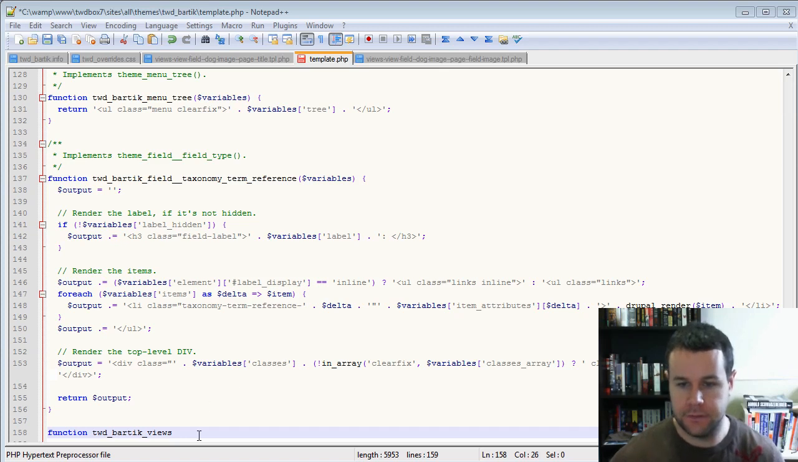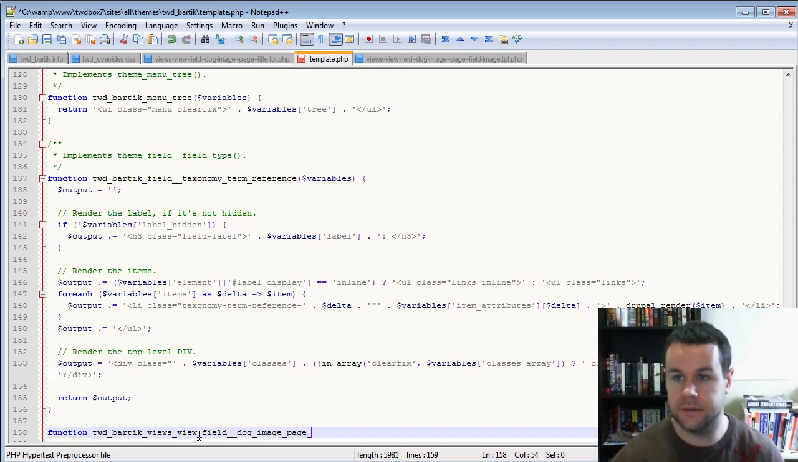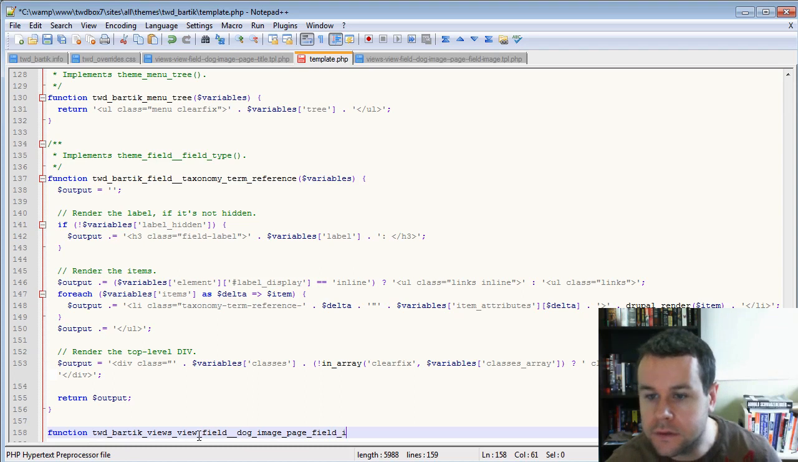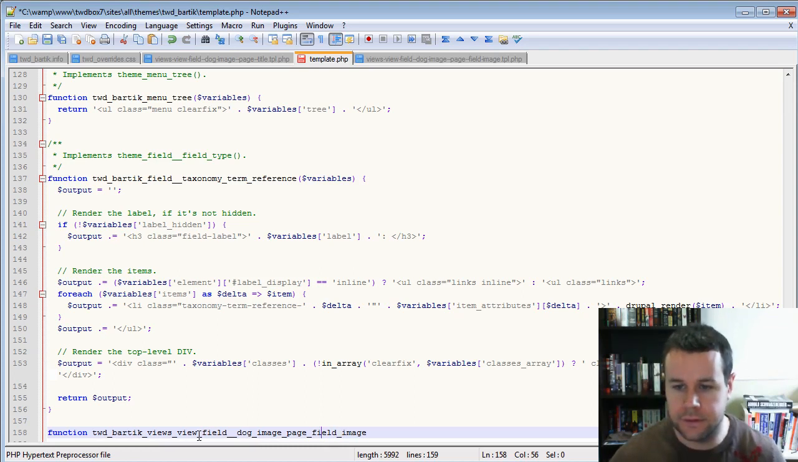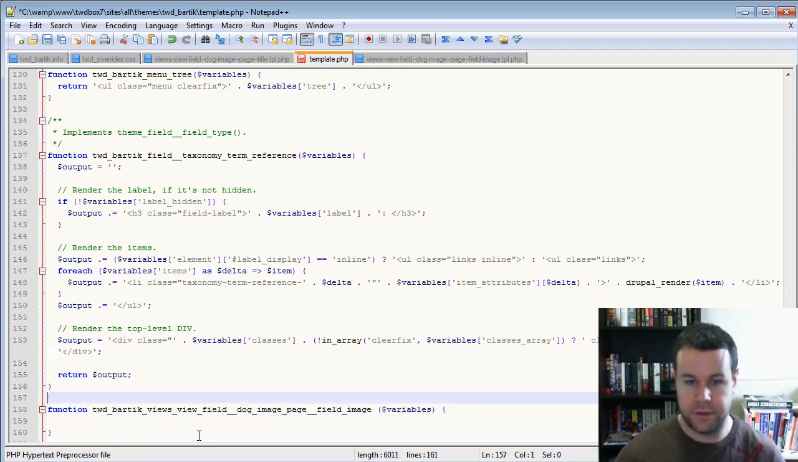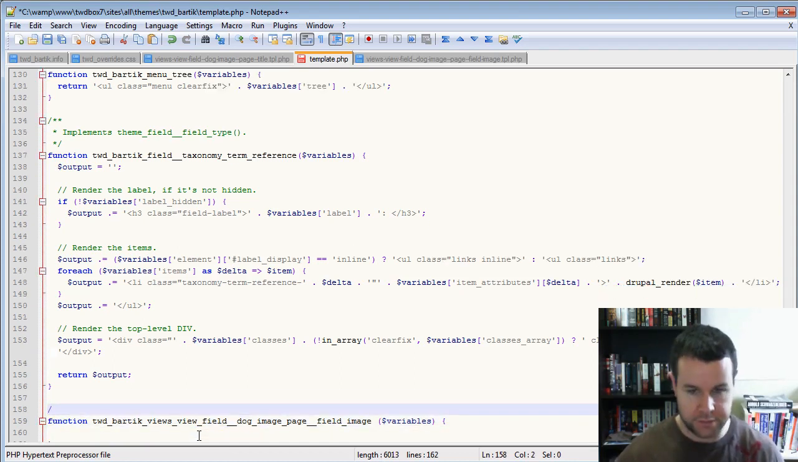So it's views, and then view field, 2 underscores, dog underscore image underscore page underscore field underscore image, and I think I missed an underscore there. And that will be it. And then it's always going to take in variables, right? Open up our curly braces, close them, and then we just want to go,